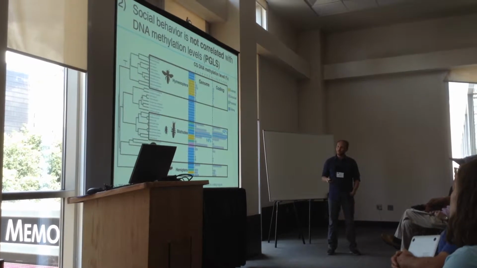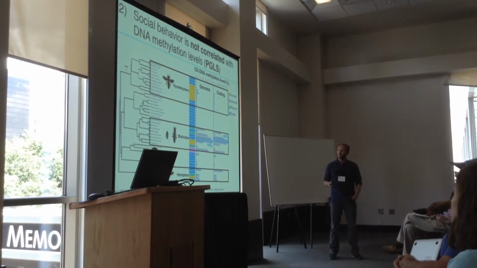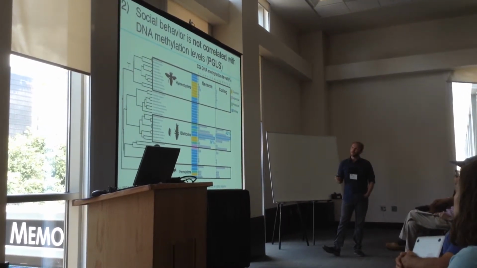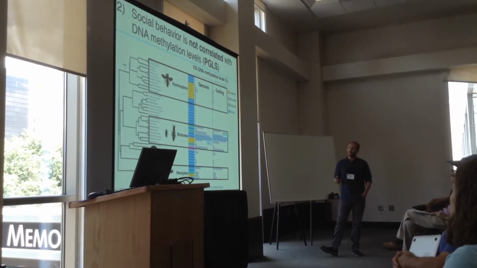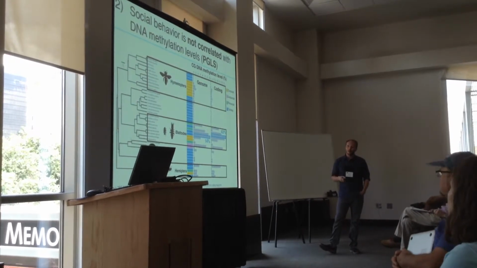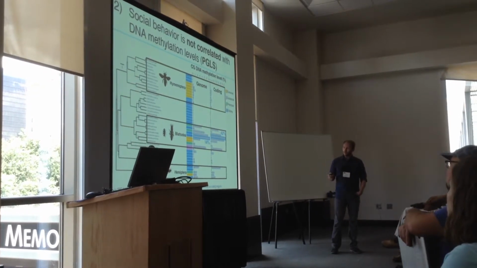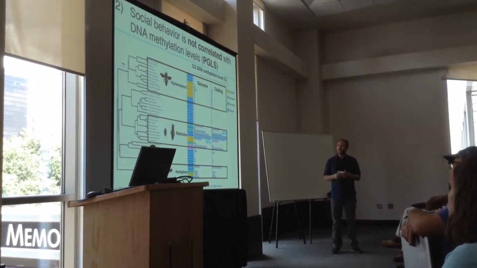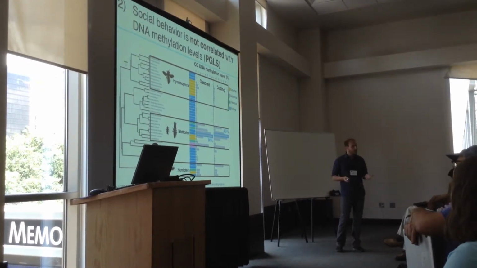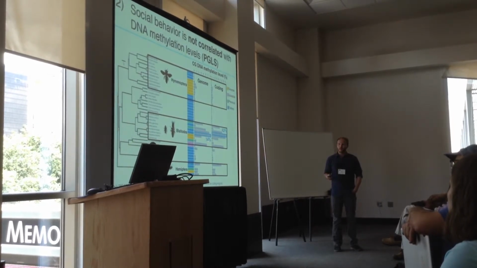So here's the tree that we use to control for phylogeny. Here are our social traits coded in these colored boxes, so again, the 4 different categories we can pin them as. Here are some bar plots showing CG DNA methylation within the genome and at coding regions for all of these 40 different insects. And I have boxed in these different orders that have independently evolved eusociality. And what you can see is that there is a substantial amount of DNA methylation variation across all these insects, and that the highest can actually be found in the order Blattodea.